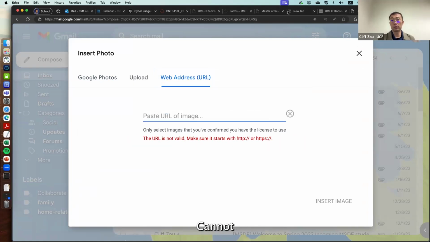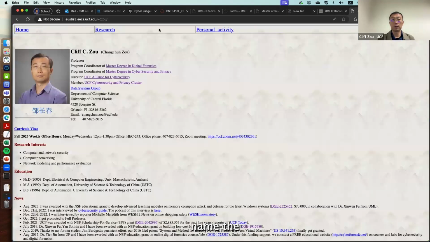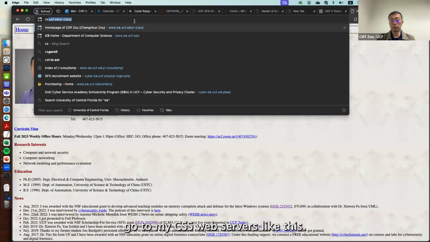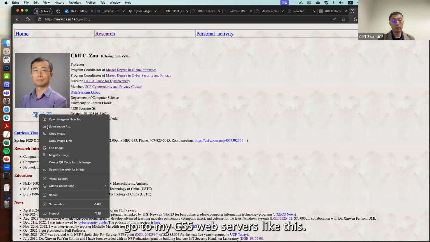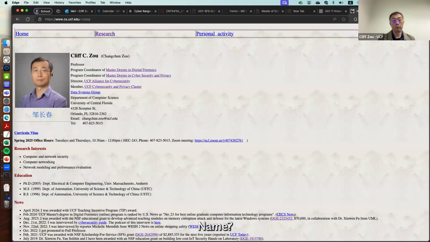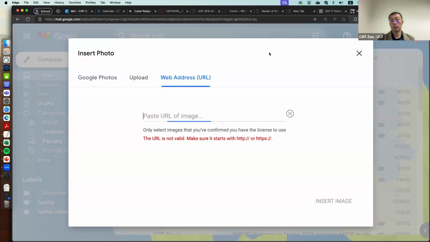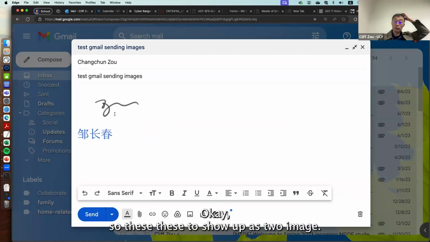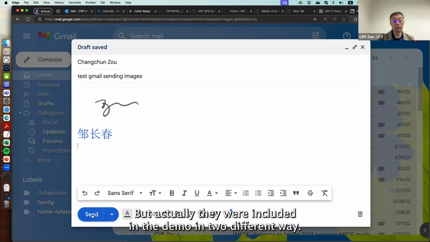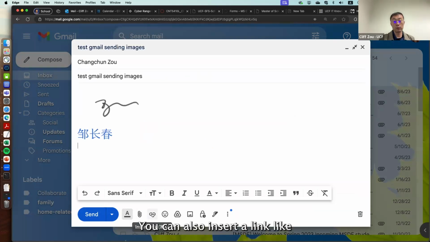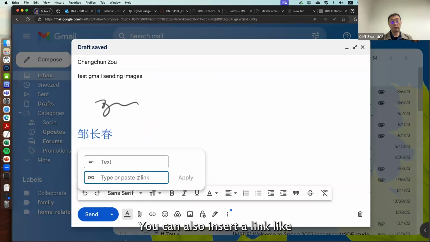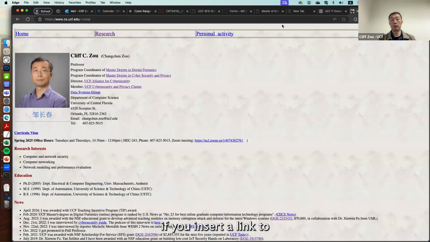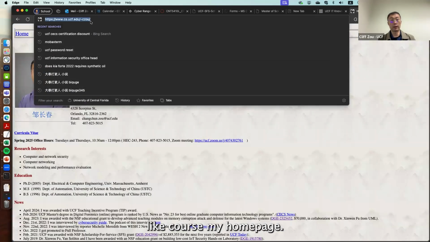Let me go to my CS web server, like this name. Insert image. Okay, so these two show up as two images, but actually they were included in the email in two different ways. You can also insert a link, like, suppose, my homepage,